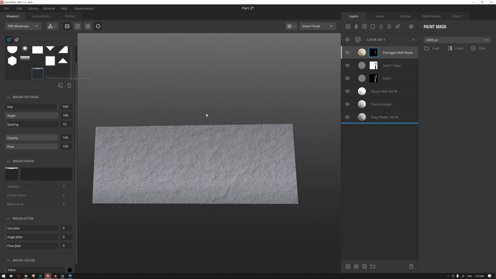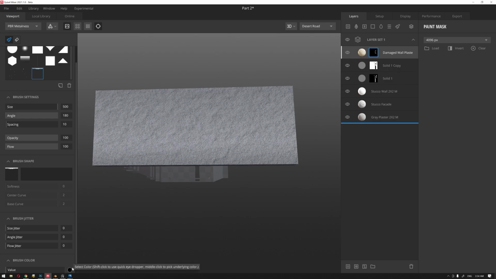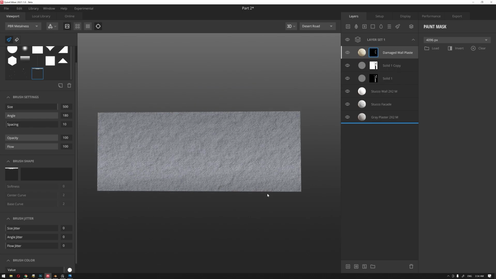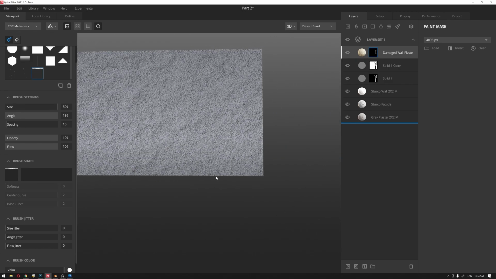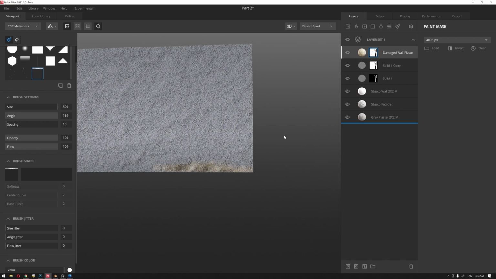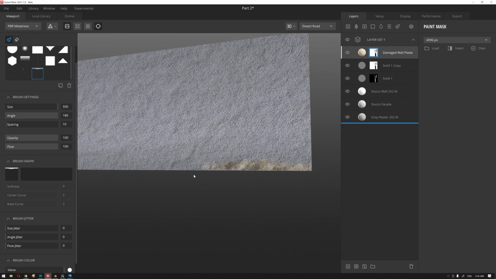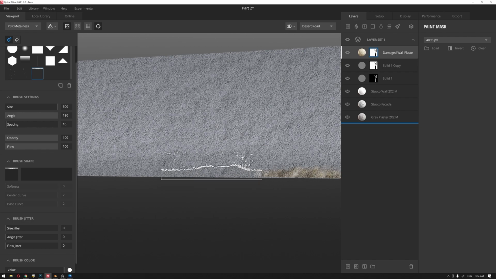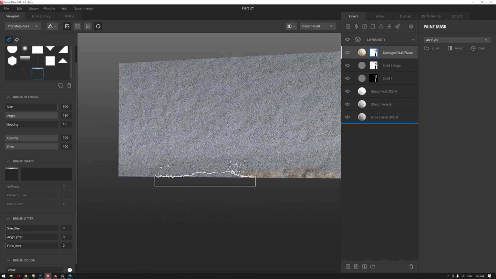So we're gonna choose that, and we're gonna change the value of the brush color by pressing X to white, and we're gonna just try to display it on this part, for example. And once we paint on top of that, we can keep continuing on the bottom part just as much as we can,